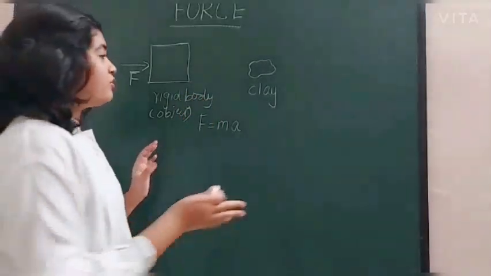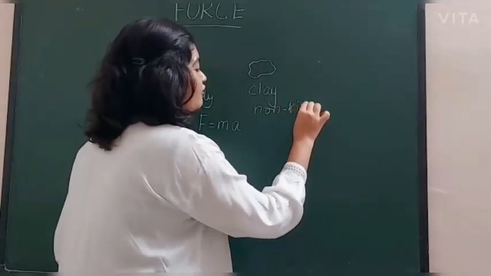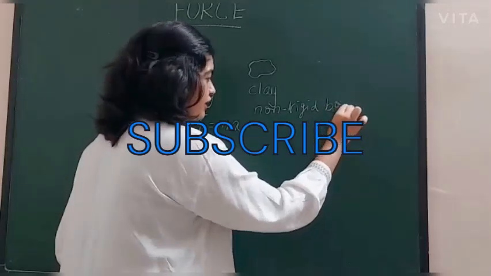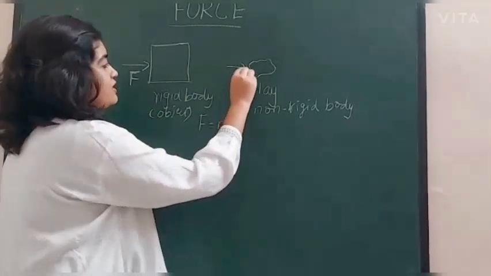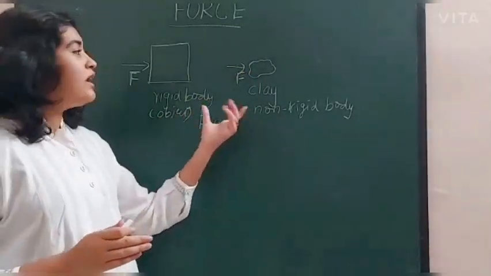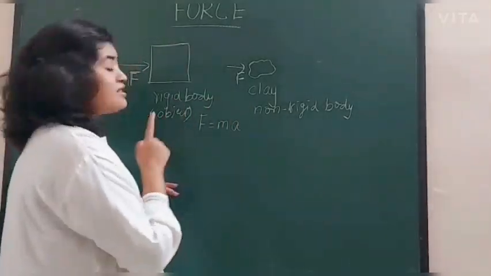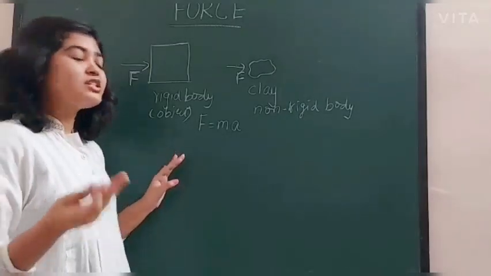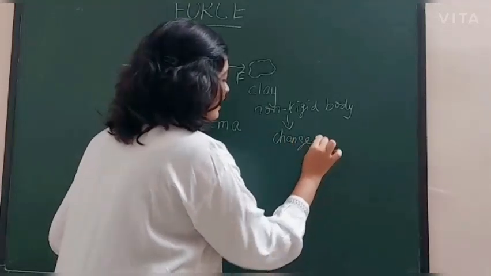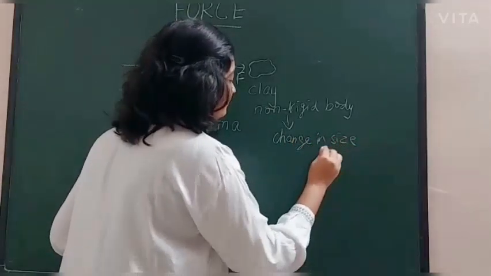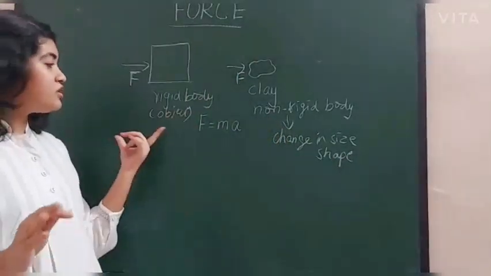Whereas if you take a non-rigid body, like suppose clay. So when you apply force on this non-rigid body, obviously you can see if you apply pressure over here and you force in this direction, obviously you see change in motion, plus you also see the change in the shape and size as well, whereas in rigid body you do not find any change in size or shape, but for non-rigid body you find a change in size and shape as well. So this is non-rigid body and this is the difference of rigid and non-rigid body.